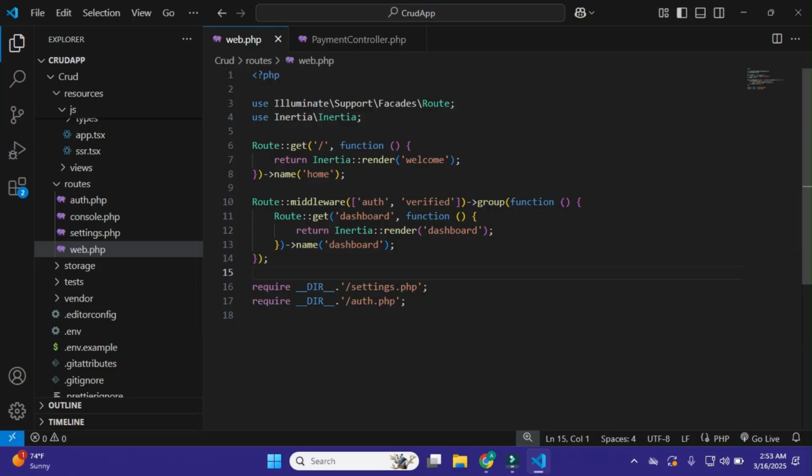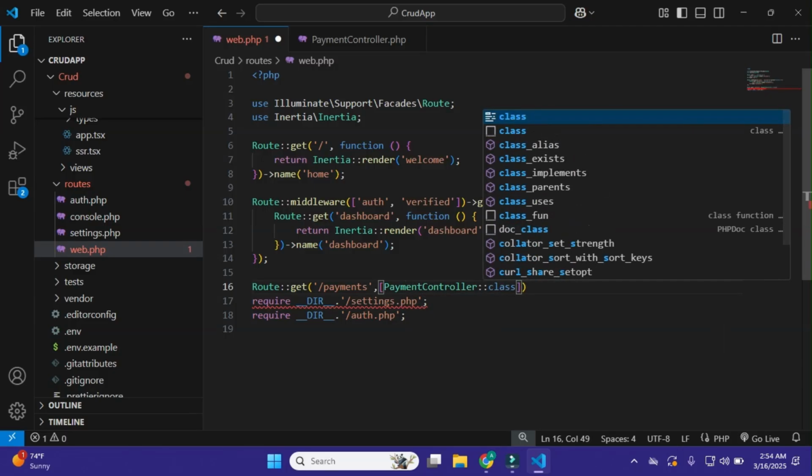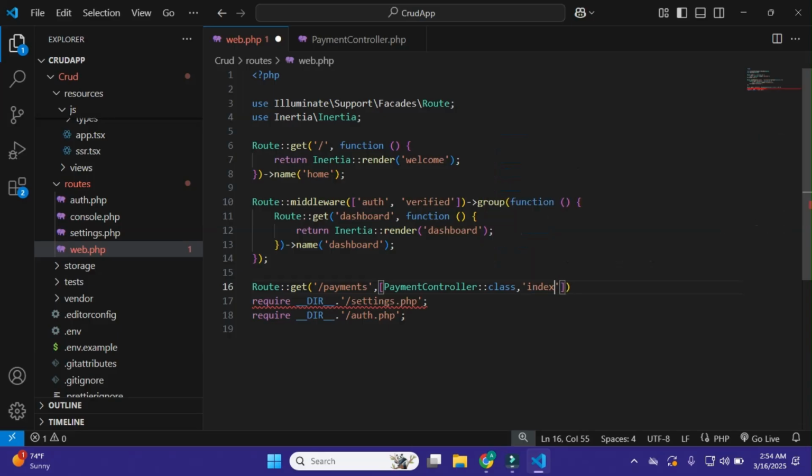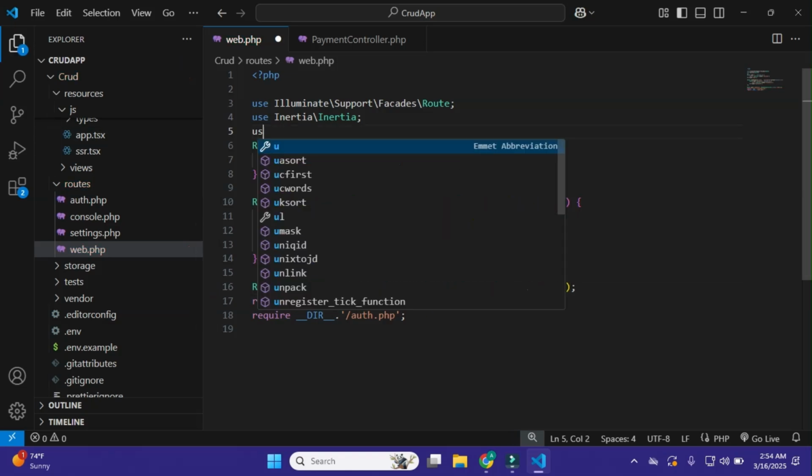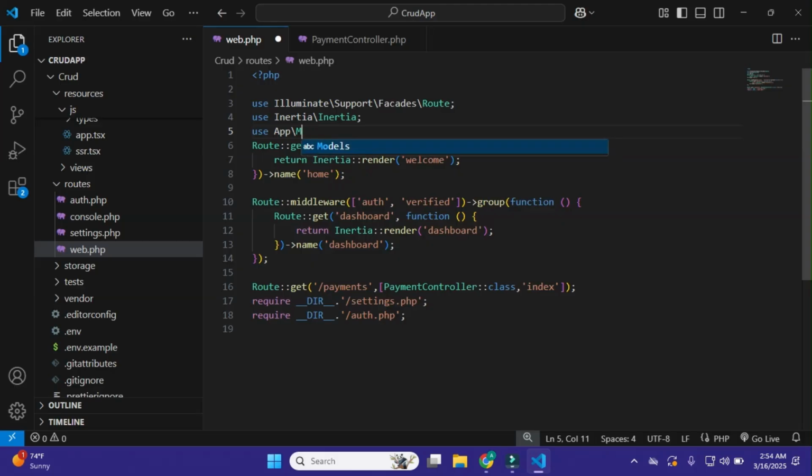Go to web.php, and we simply define the route. So I'll use a route get, and within this /payments, this URL we defined in the nav item of app sidebar. Use the PaymentController class, and within the PaymentController we have the function index, and that's it. Now I'll import it, use App/Http/Controllers/